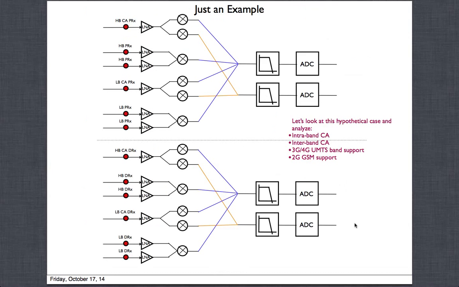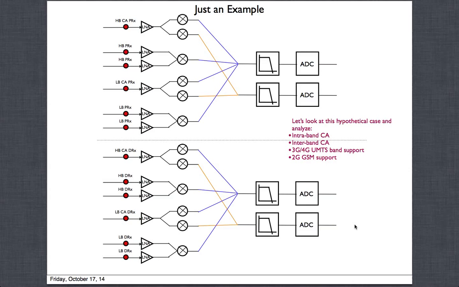And now we'll look at one example, and this is again just an example that I'll try to talk through. I haven't put a lot of text. It's a very busy, confusing picture. But my goal is that, hey, let's take this example and see what are the different things we can make work in an example like this.